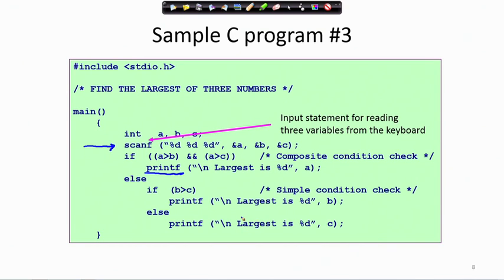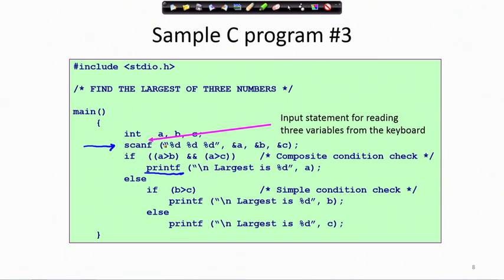Now, let us study this a little bit here. Here again you will see that there is a %d, %d, %d, 3 %ds within quote, and you know that %d means it is a specifier for an integer. Some integer will be read. Scanf means, assume it is reading. So, therefore, it is something like this.